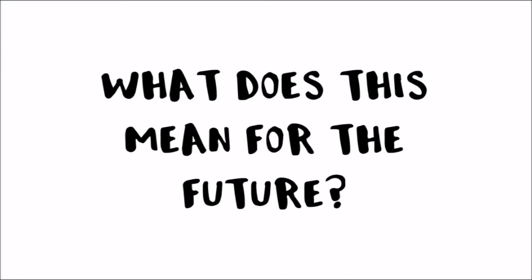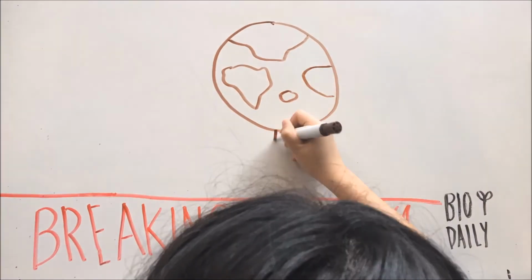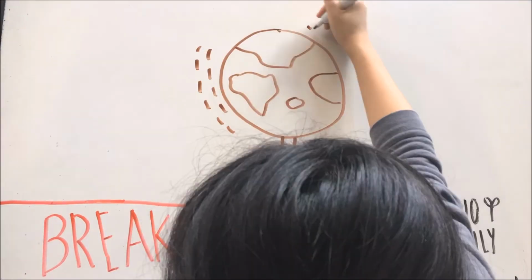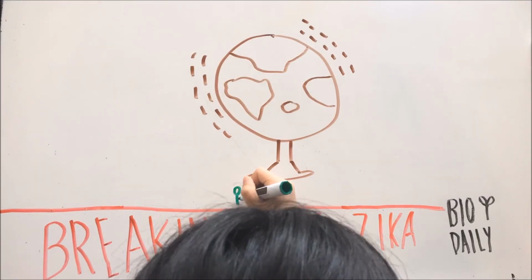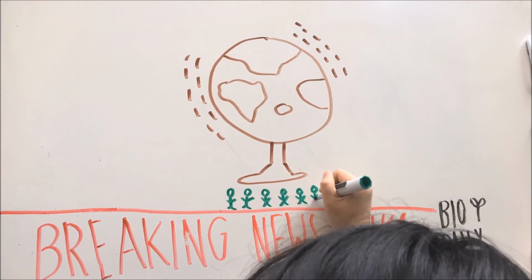What does this mean for the future? Zika outbreaks will continue to occur, but further research may help us to understand its sudden, virulent change and prevent future outbreaks or changes. All in all, Zika has become a public health danger. To combat this international issue, people all over the world must come together to combat the spread of this dangerous virus.